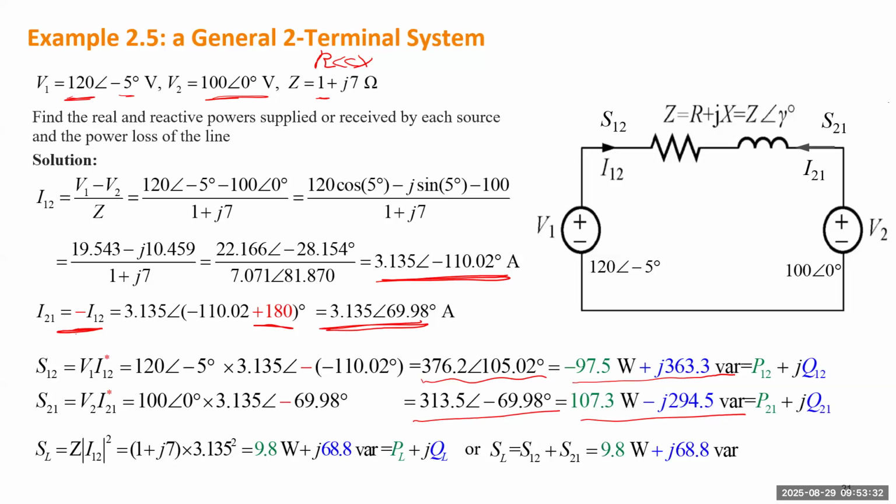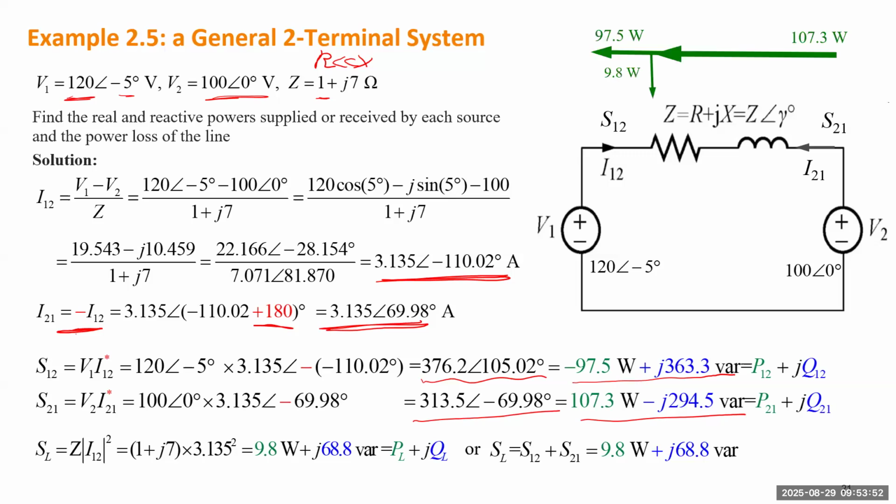Yeah, so you can use this formula. You treat S12, S21 to be the source and this one to be the load. It will give you exactly the same answer. So the first one, just use the current and line impedance to calculate the power, and second, just use the complex power balance. So if you visualize how the power is sent from one end to the other end and also consumed by the line,